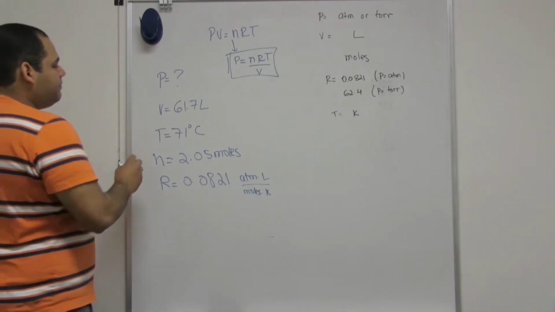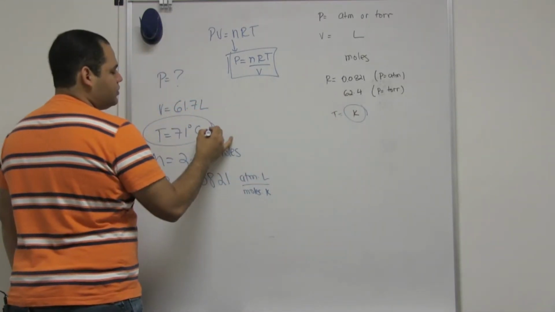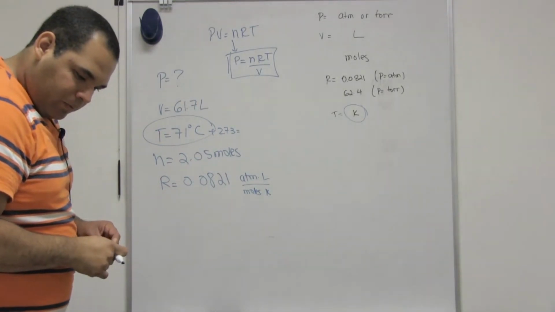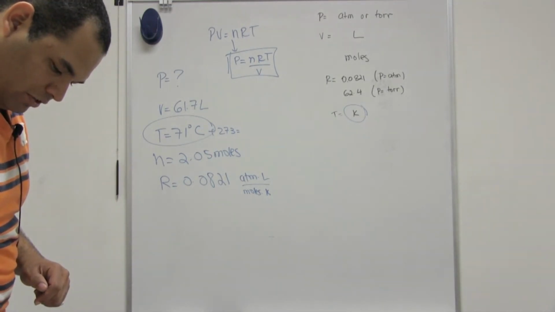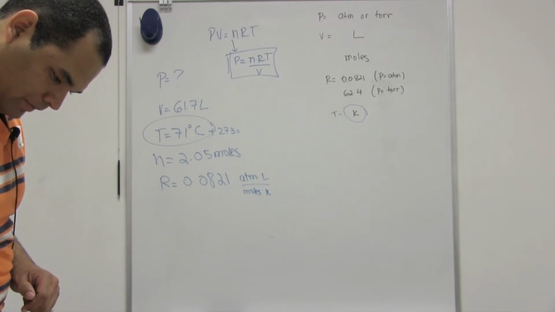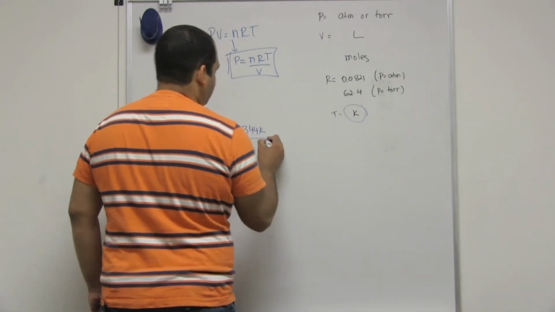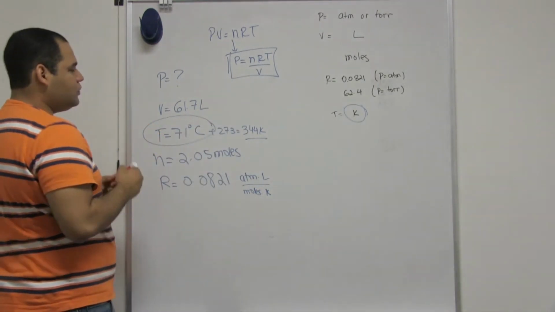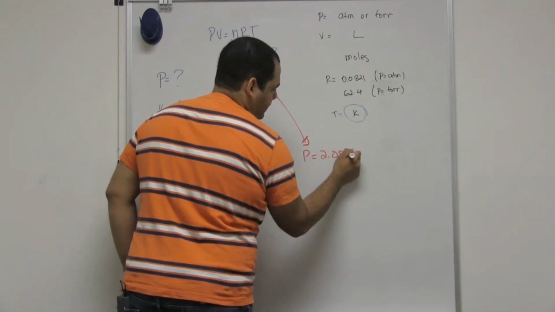Another thing is that my temperature is in Celsius, but really I need to convert everything to Kelvin. So I added 273 here, and let me do this calculation really quick. 273 plus 71 gave me 344. And now I can just plug my numbers in here. So my n is 2.05, write this down here. 2.05 times